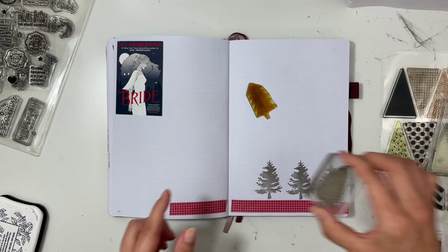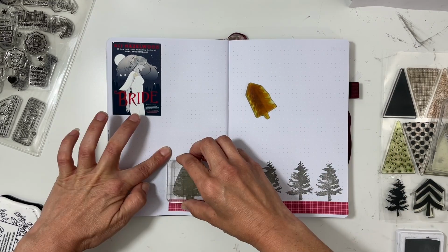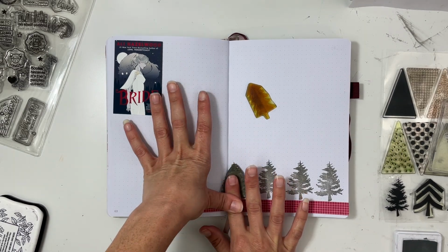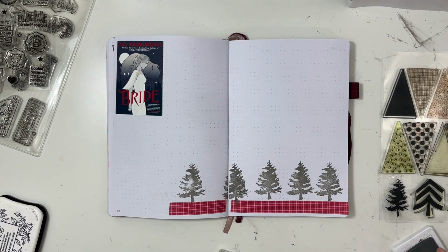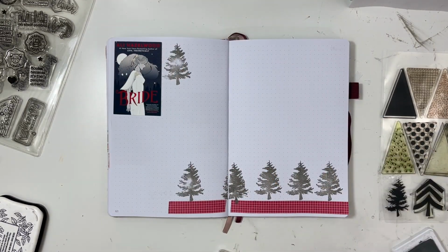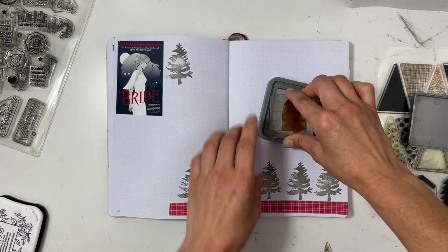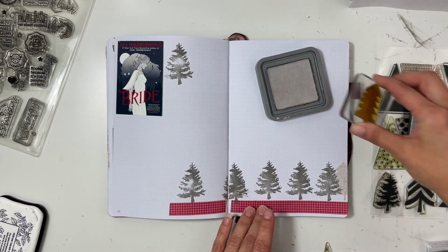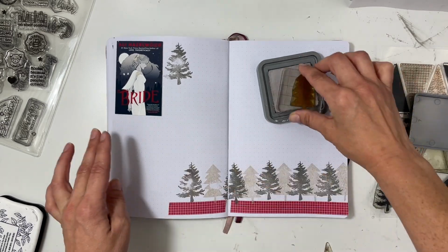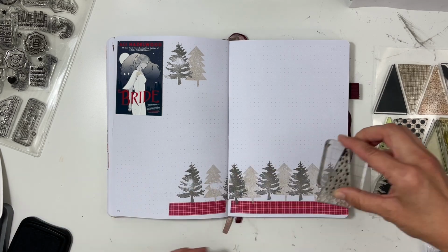Everybody had been raving about this book, and I don't know how it is for you guys, but for me, it's either I really love the book like everyone else, or it's really a miss for me. But this book was a hit, and I stayed up all night to read it. My intention is to make this spread fancy, but I think it got a little out of control, and I'm not sure if it turned out exactly how I wanted, but I had a lot of fun playing and making